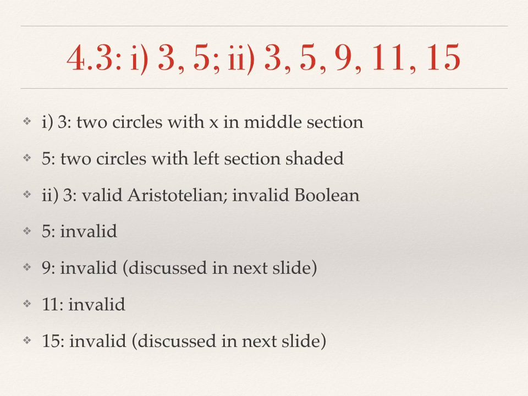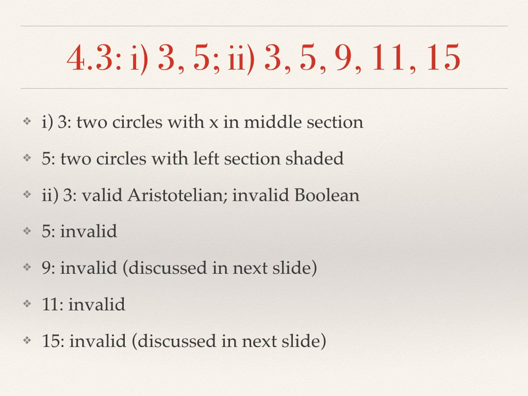Section 2, number 3. All trial lawyers are people with stressful jobs. That would end up with a circle on the left for trial lawyers, the subject, and a circle on the right for stressful jobs. There is an empty left section. And therefore, some trial lawyers are people with stressful jobs. We would have an X in the middle section there.